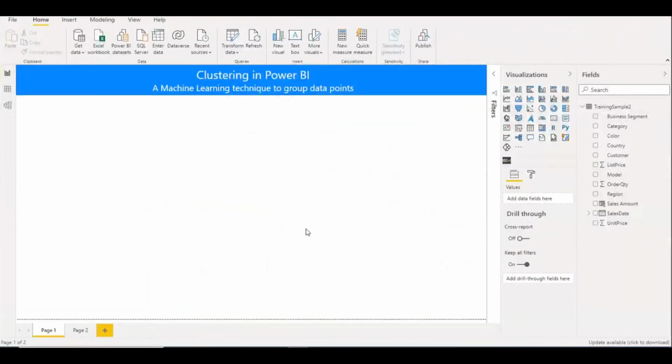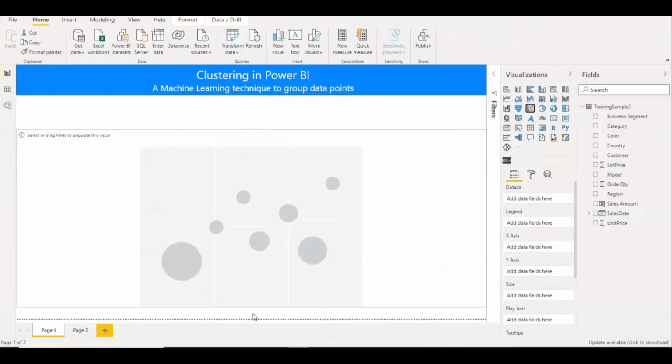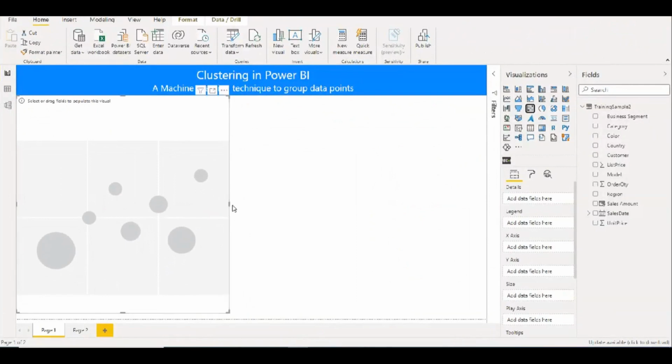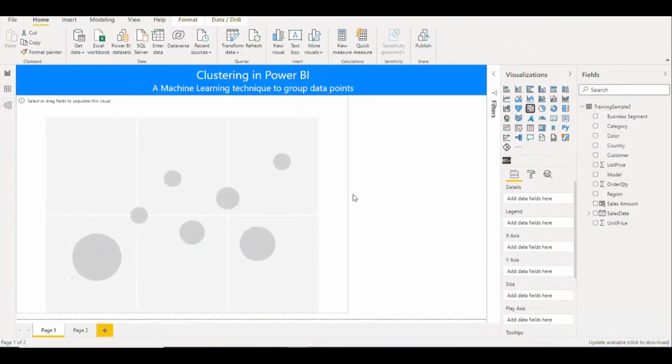To prepare the clustering in Power BI, we need a scatter plot chart. So let me put it here. Let me increase the size. Now there will be the details, x-axis and y-axis.